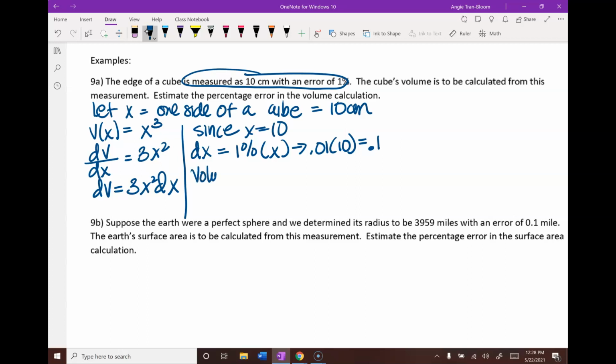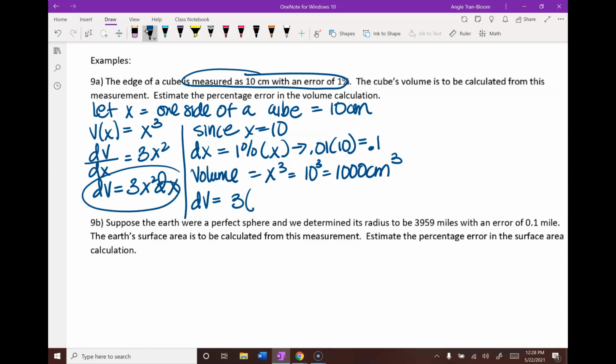So since our volume is x to the third, which is 10 to the third, which is 1,000 centimeters cubed, the change in volume that has the error is going to be 3 times,